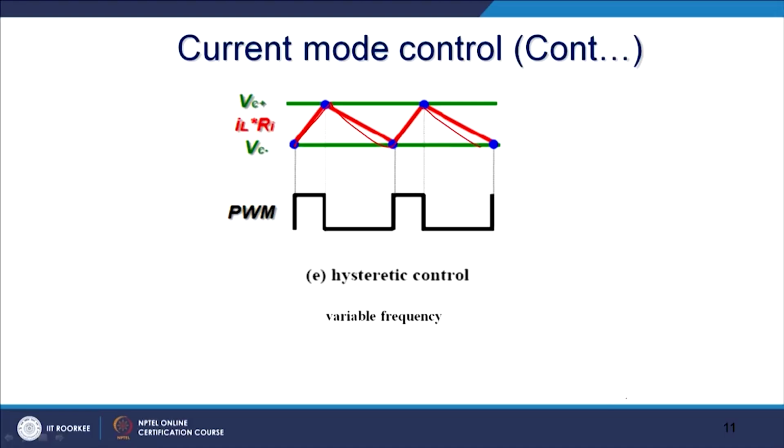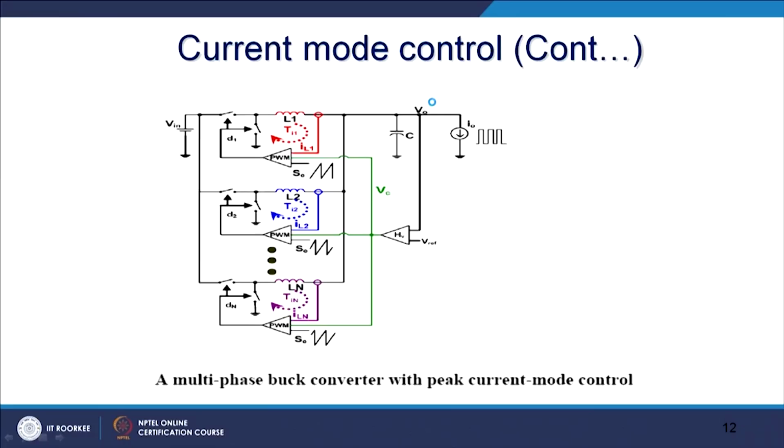If it reaches the higher band, then the switch which is transferring power will be off for the buck converter. Ultimately the current will come down through the diode. Here the diode has been replaced by MOSFETs, and again it will carry on. So, this is called a hysteresis controller. The hysteresis controller has great usage in the case of FACTS devices also,